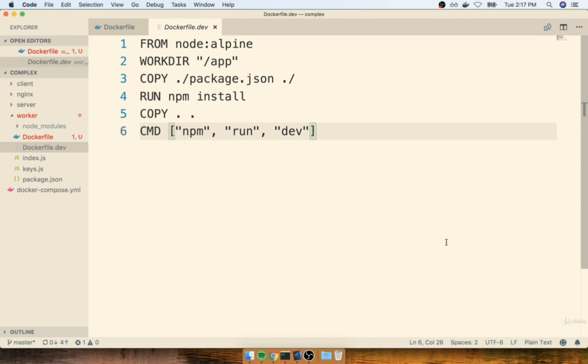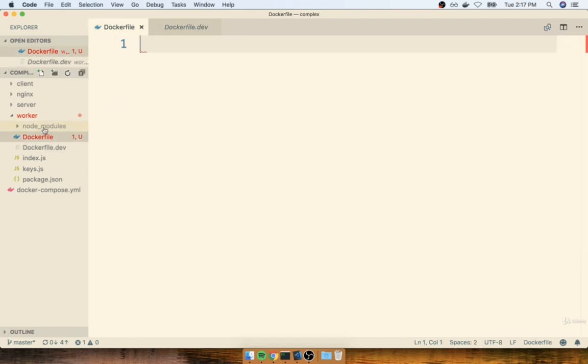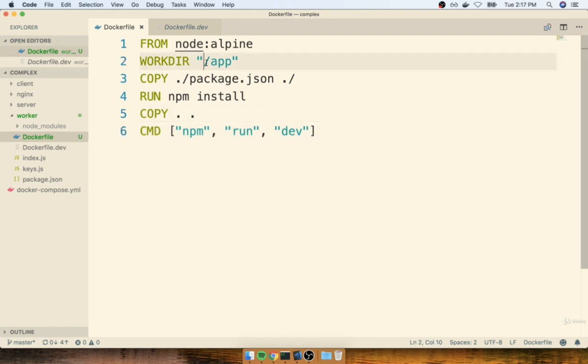So rather than trying to write an entire new Docker file from scratch, I'm going to take everything inside of the dev file, I'm going to copy it, and then I'll paste it over into the new production Docker file right here. So we're going to still do all the same steps. We're going to use node alpine as a base image, set up a working directory, copy over the package.json file, install some dependencies, copy over all of our other files inside of our project directory, and then run some startup command. So the only thing that's going to be different inside of